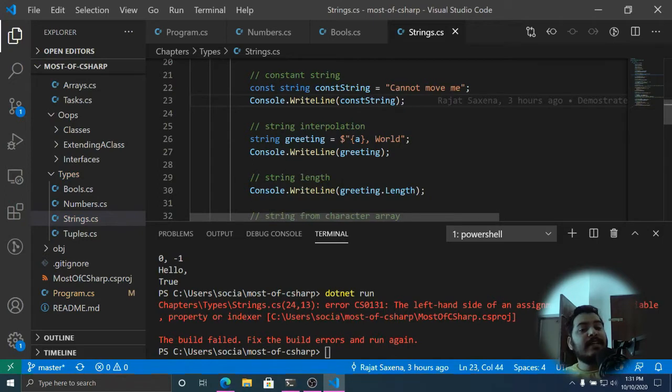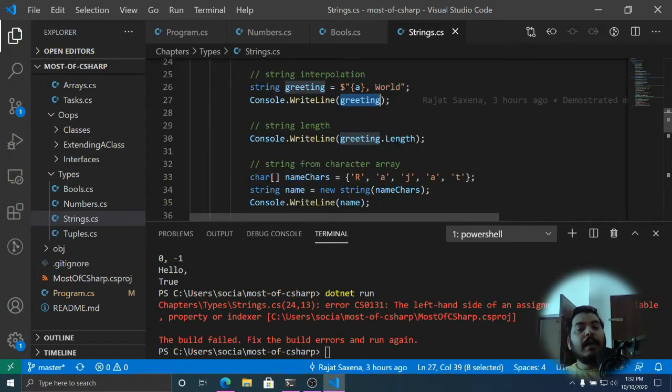We have already seen string interpolation. In order to use any variable inside the string, you can place a $ sign right in front of it, and then you can use these curly braces syntax in order to utilize the value of any variable inside a string. As soon as the compiler sees this, it will see that this is a string interpolation or a string template, and it needs to process it, and the values will be plugged in for you. You will get an output, and the output will be plugged here.